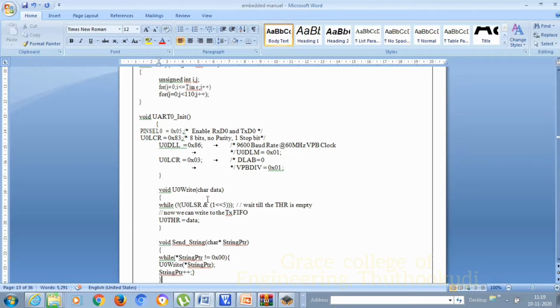If it is 1, then it is empty, so we can place the data and move the data through the serial communication, and we can view the output in the hyperterminal window. We can send strings such as keypad and the pressed key character through the UART to the hyperterminal window. In order to transmit all the characters in the string one by one, we have used this void send string function.